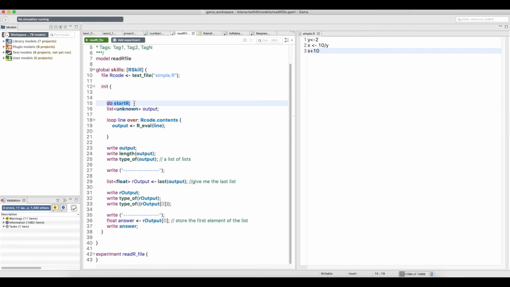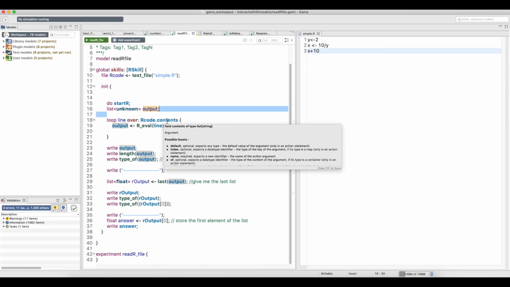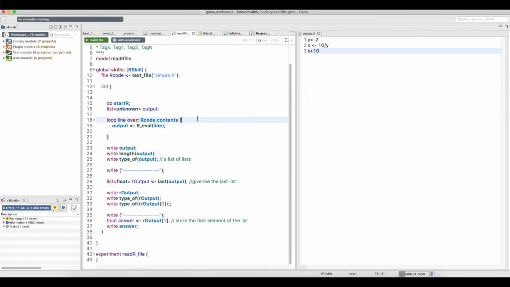We again use start R to invoke the R engine. The importance of this example is use of loop to read the script. We loop through each line of the R script and assign results of each line to the output variable. What you see